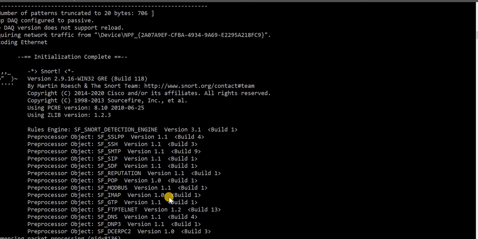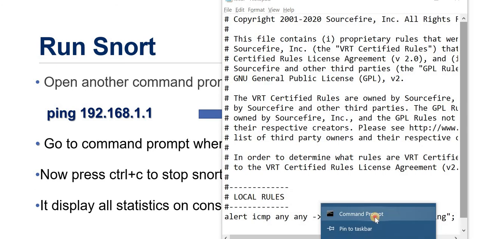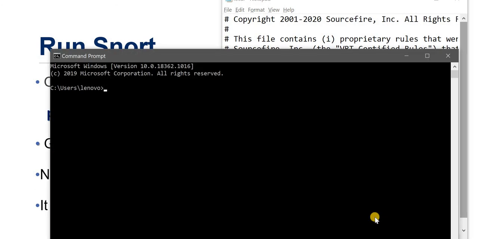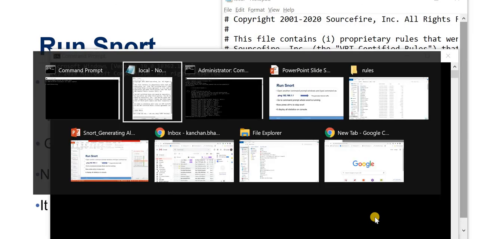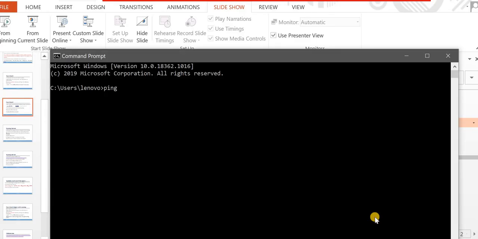Now we have to generate the traffic. So I open one more command prompt. This is a normal command prompt. Now here I generate the traffic. Suppose ping 192.168.1.1.